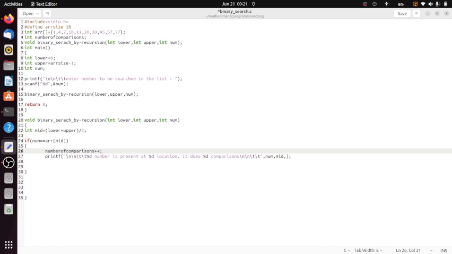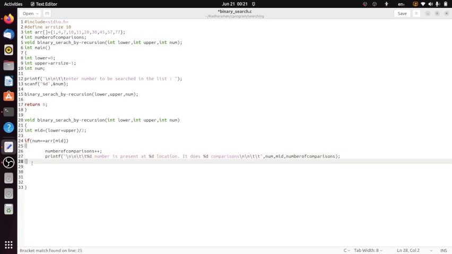If it gets matched the first time, only one comparison has been done, so this value will be displayed here. After that the program should return, so I will return, but before that,